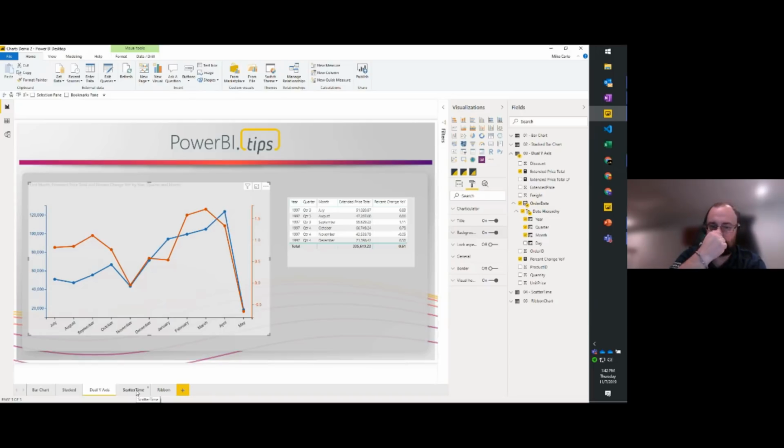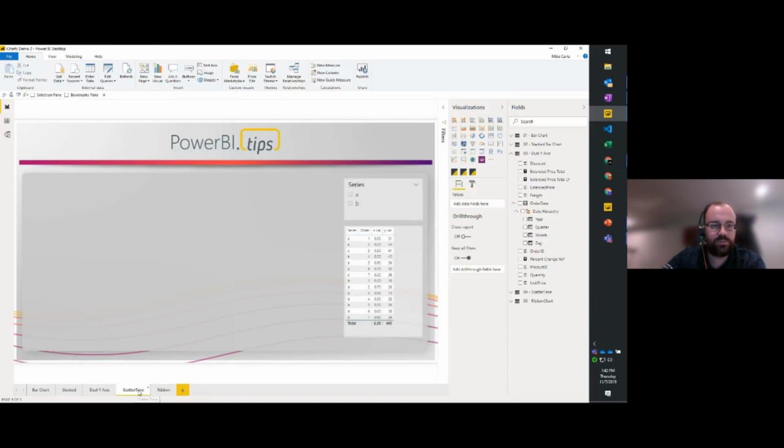Let's go into the scatter chart. So this one, oh, scatter time. So we're going to do a derivation. We're going to actually look at the same chart we just did, a scatter chart with the dual axis, but we're going to add some transparency changes to this. So if we look at this data,